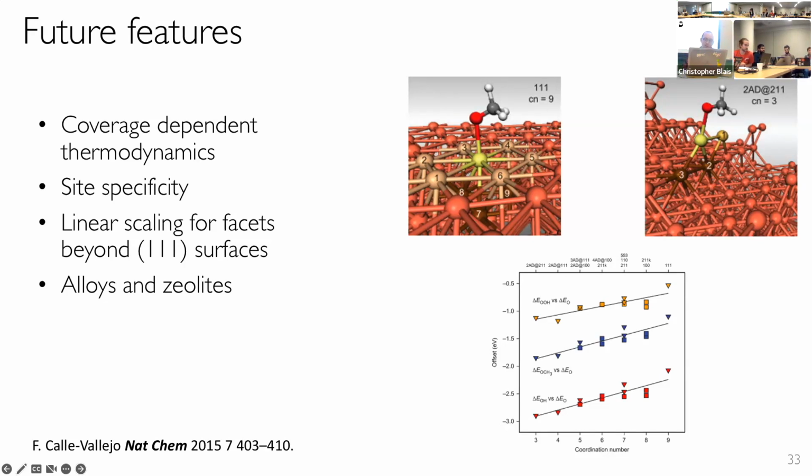So we're trying to generate data that in particular uses a functional called BEEF-vdW, which allows us to do uncertainty estimates for our surface species. But if we draw from different sources, we have to take into account what their reference state was and things like that. And it can get a little tangled, so it's easier to do your own calculations.